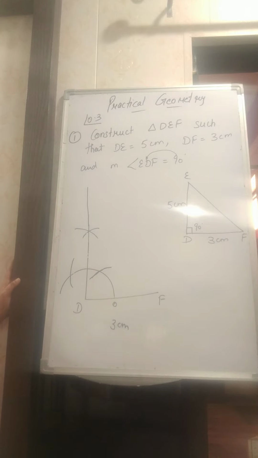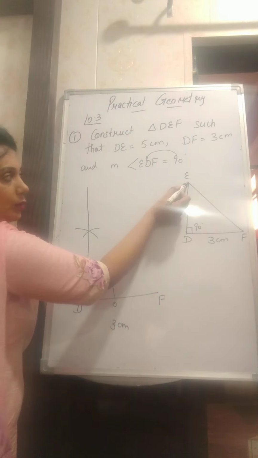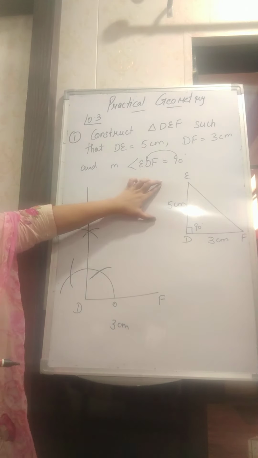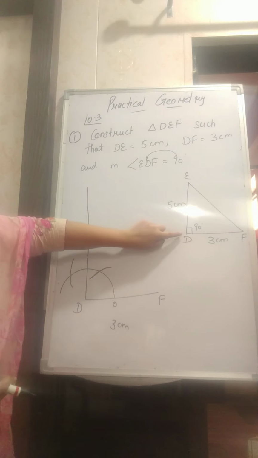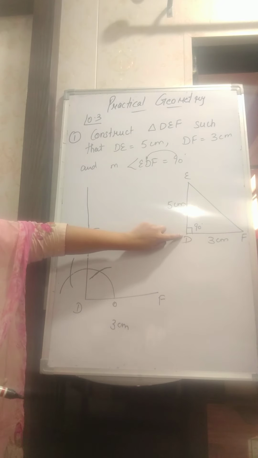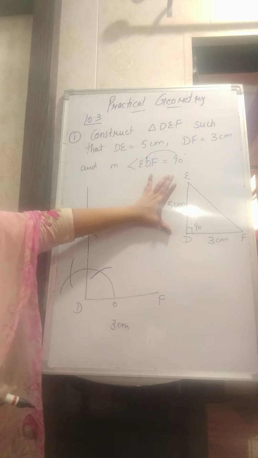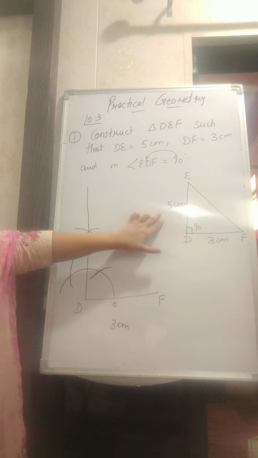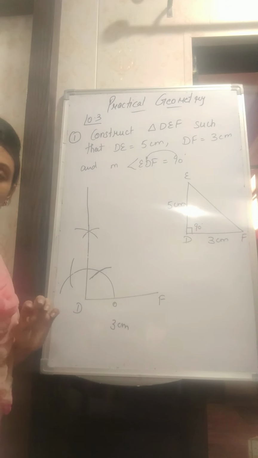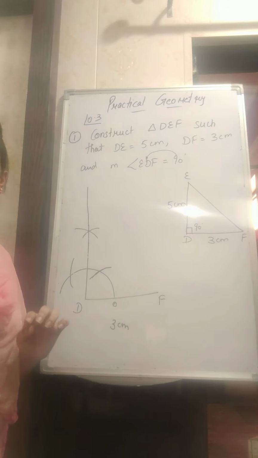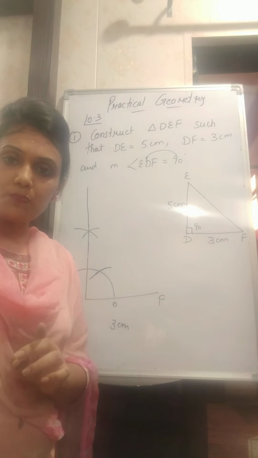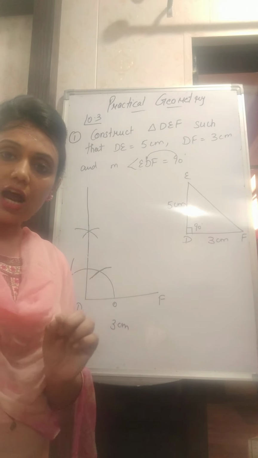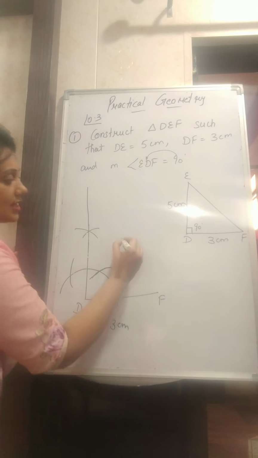Now, what is the next step? The next step is to get point E. Now we can see from our rough figure that point E is 5 centimeter away from point D. The distance between E and D point is 5 centimeter. For that, what you will be doing? You will open your compass of radius 5 centimeter, right? And students, then you have to open your compass of radius 5 centimeter. Then always you have to start from point 0. Like your scale is like this.